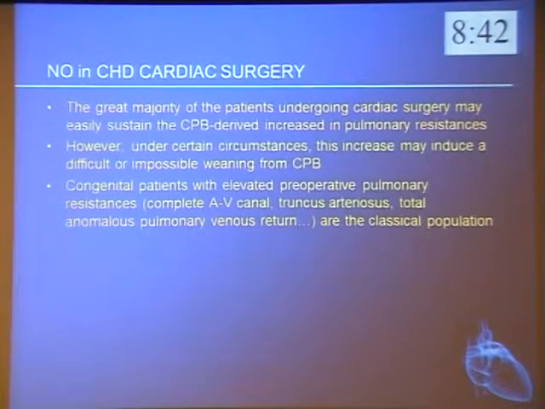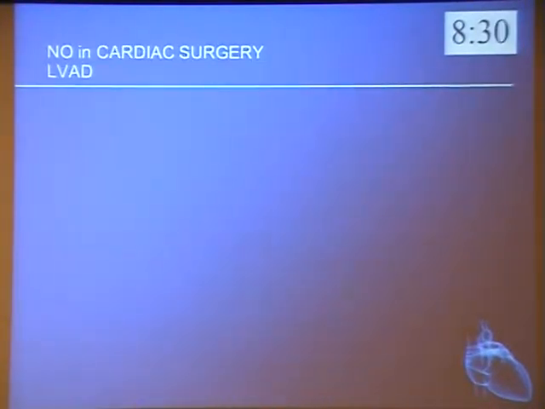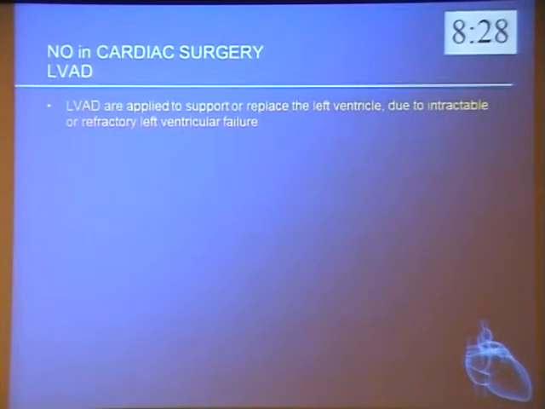Normally, these patients have elevated preoperative pulmonary resistance, and complete AV canal, for example, or truncus, as I said before, are the classical population. Consider the use, as I said, in left VAD,